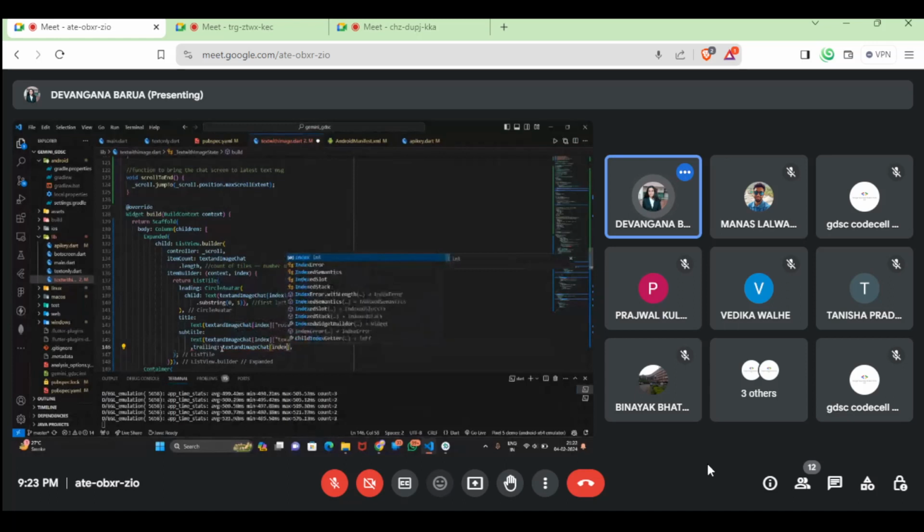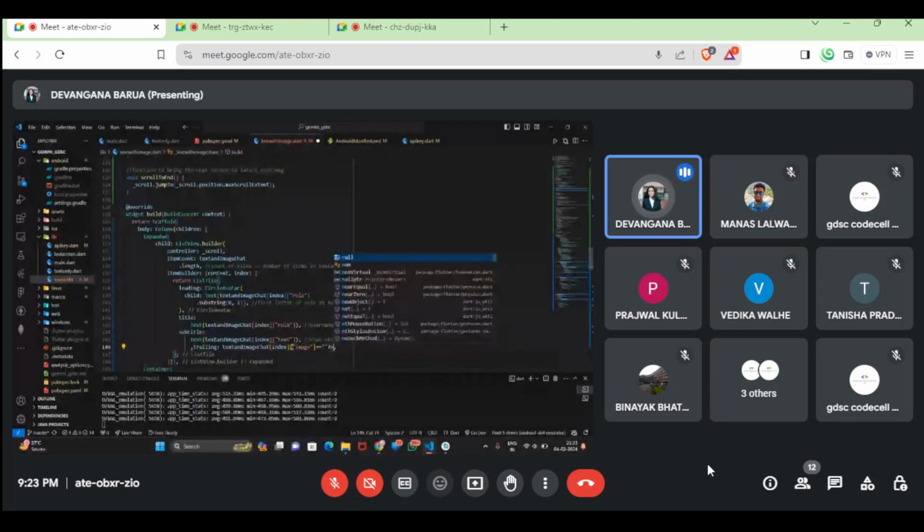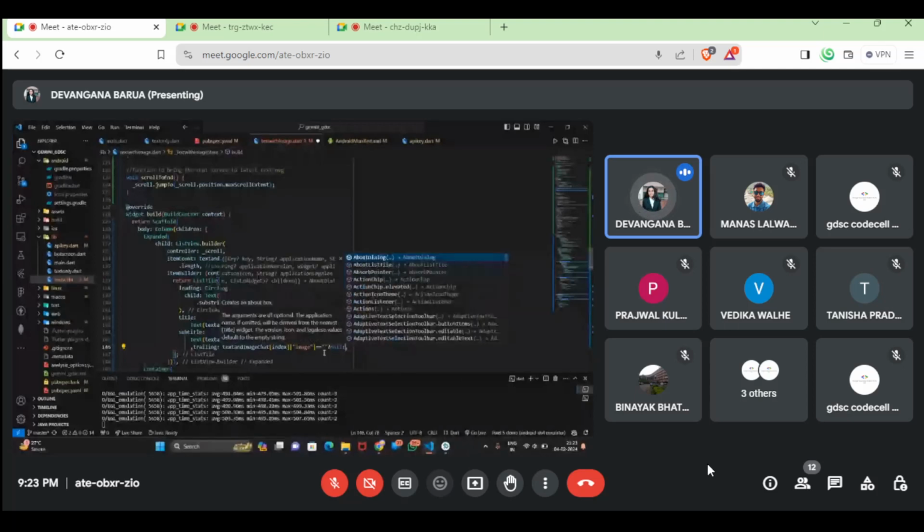There we are going to select the index, the chat number that we are talking about, and then the image property. And that image, if it is empty, then it will not give any preview there. And if it is not empty, that is, it is not an empty string, then we are going